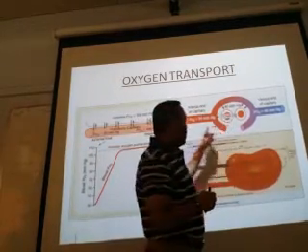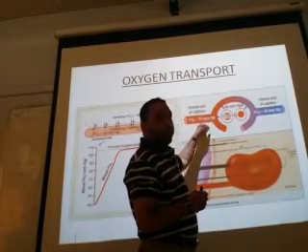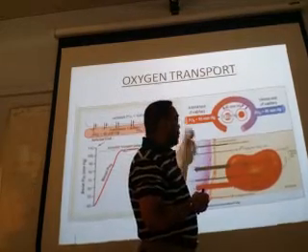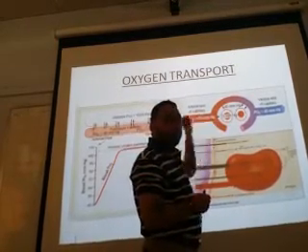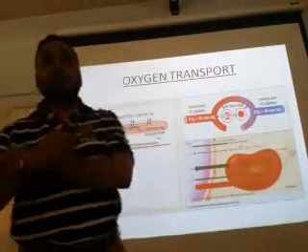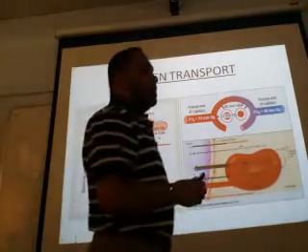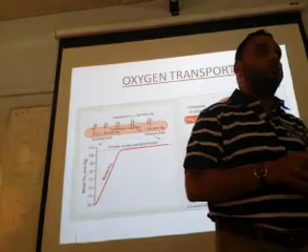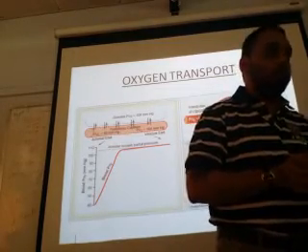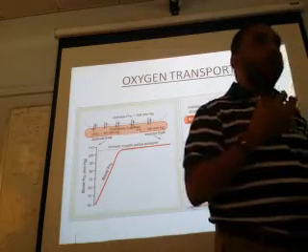At the tissue end, the PO2 will be 95. Why? It should be 104, because the blood going out is 104. Why is it 95? The partial pressure is reducing by almost 9 millimeters of mercury. This is because of a phenomenon called venous admixture of blood. What is the phenomenon called? Venous admixture. That means there is some mixing from the venous side, from the veins.